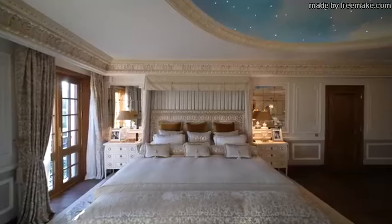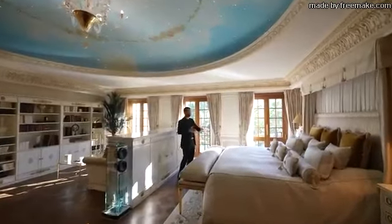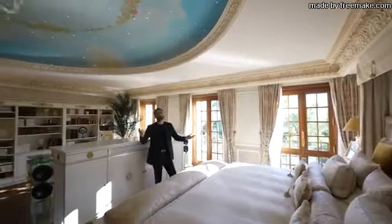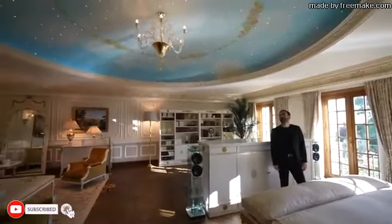your California king-size bed. I said California king-size bed, but I don't know if it's actually bigger than that. Certainly a good-sized bed setup here. Yeah, I don't know if there's a European king-size bed. That was a dumb joke,